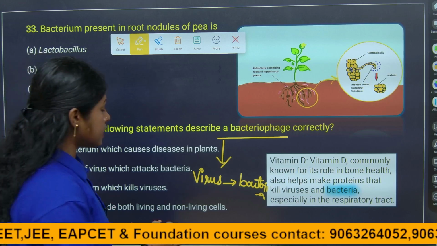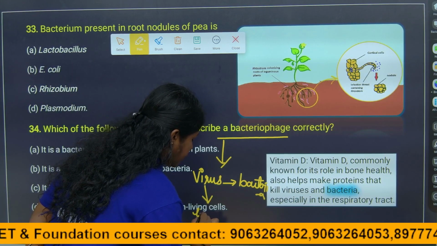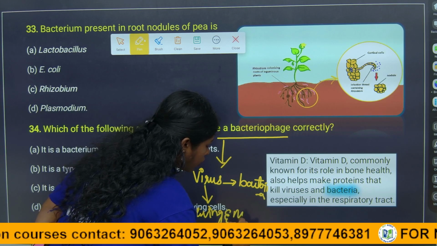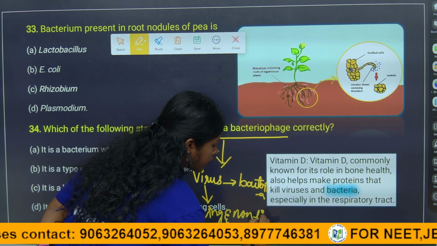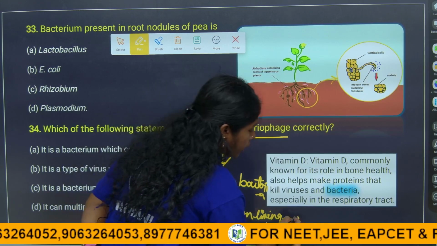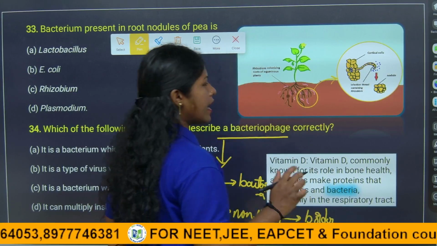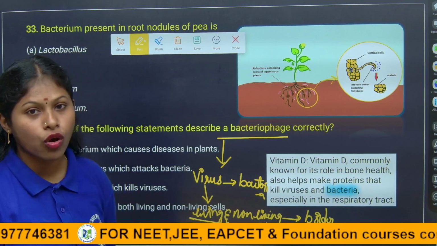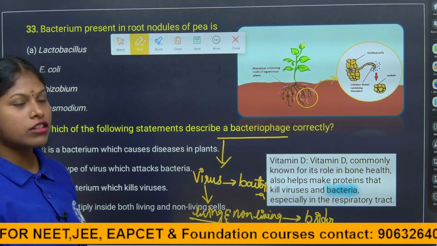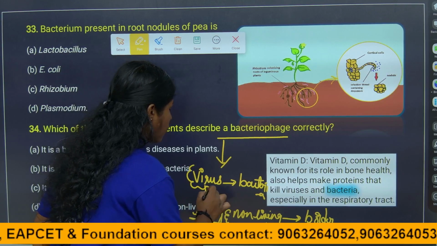So we discussed whether a virus is living or non-living. It exhibits characteristics of both living and non-living, so it is categorized as the borderline between the two. Traits mean characters, children, and the virus exhibits the characters of both living and non-living. That is why a virus is considered a borderline between living and non-living.